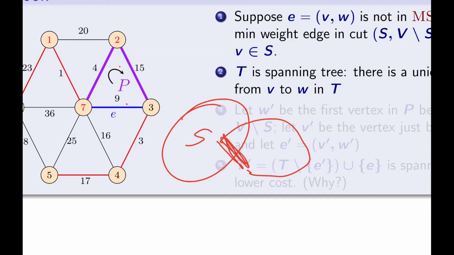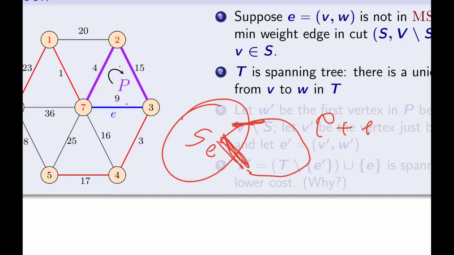One of the edges of the cycle is this edge E that we are trying to insert. So this cycle, this P plus E, this is the cycle. This cycle must contain an edge that is in the cut and is on the cycle, right? The previous mistake was that we took an edge that was somewhere in the spanning tree. Here, no, we are taking an edge on the cycle that is formed when you add E and is a